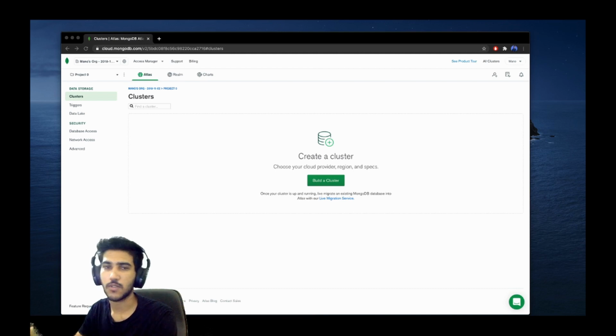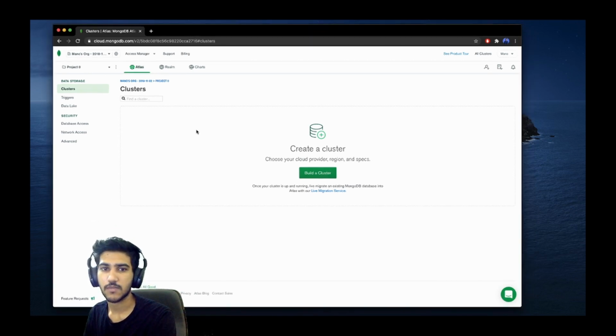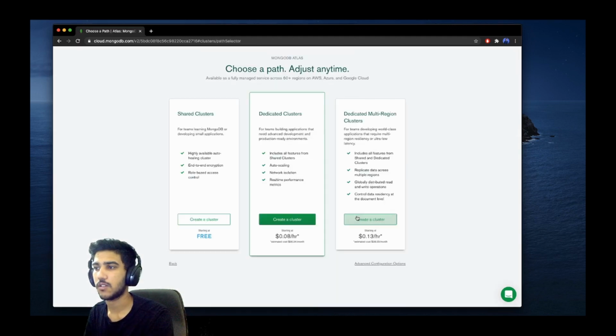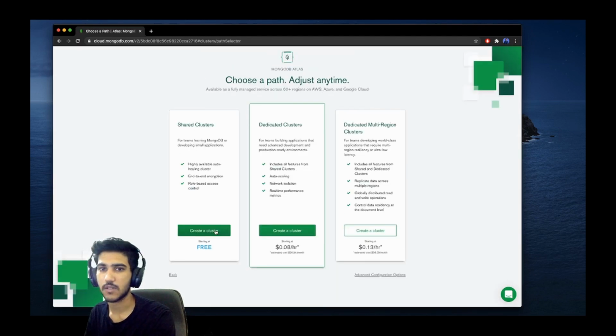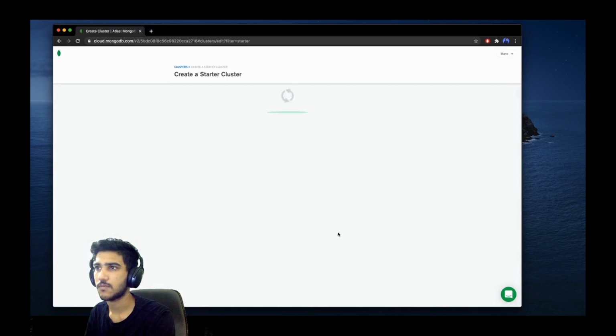So first thing is that you have to go into the Mongo Atlas website and sign up there. It was previously owned by mLab also, so they moved into Atlas recently. I have signed up, and you will be seeing this type of screen here, and you have to click on build a cluster. So we will select a free version here.